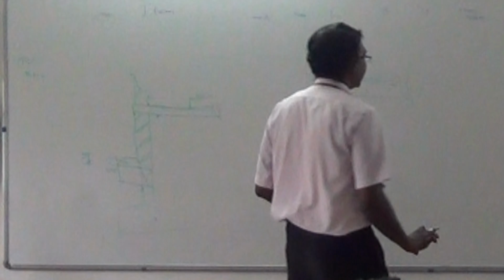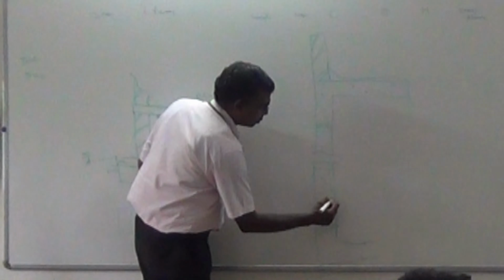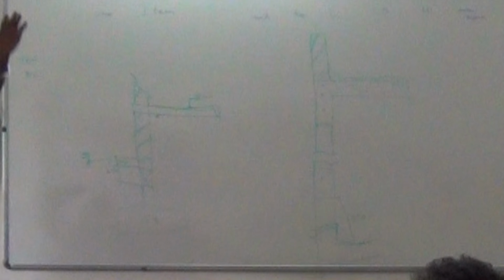Now, are all the details which we need there? More or less. Is there anything which is missing? No. Okay. So what happens is the dimension from the bottom of the lintel to the top of floor will be 2.1 meters. Standard door height is 2.1 meters. This is a standard.